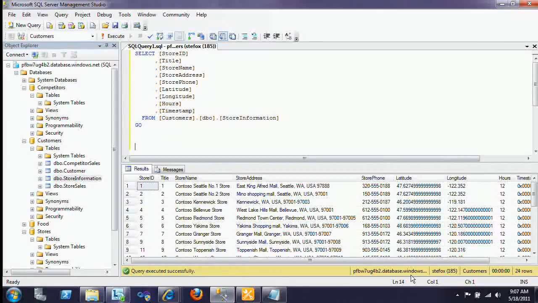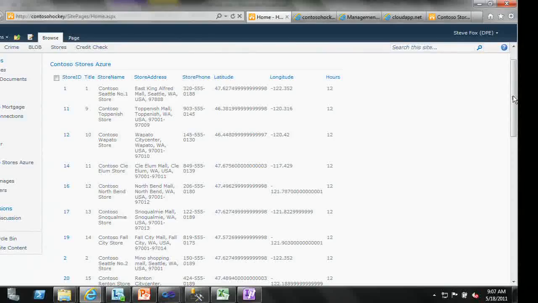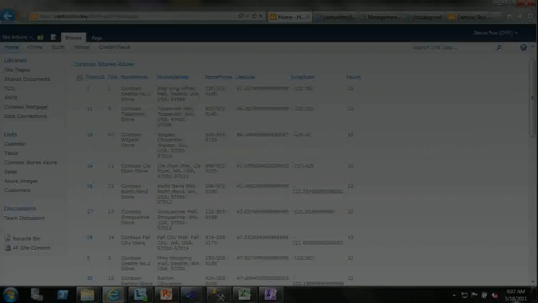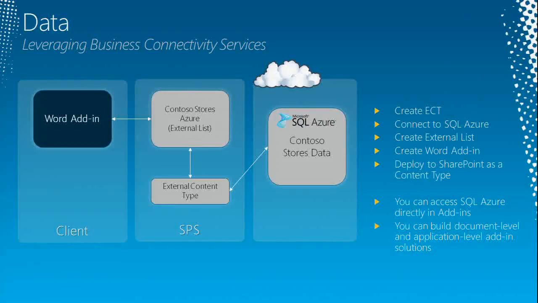Okay? So the question is, how do I go about doing that? I wanted to walk you through this example, and let me just walk you through the architecture before we actually go ahead and do it, because there are multiple pieces to this. The first is the data. The data is going to live in a database in SQL Azure, right? It's in the cloud. And then we're going to create what's called an external content type. All that is an XML file. Doesn't matter what it looks like to you guys. All you need to know is it's a connection point to this data that's going to surface it in an